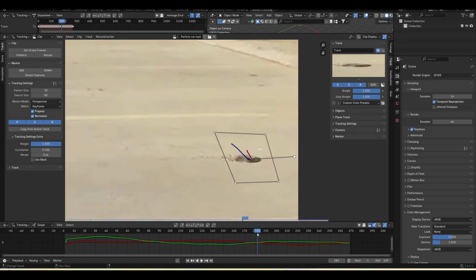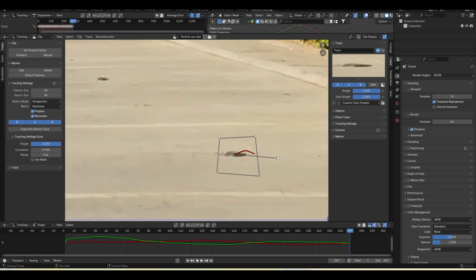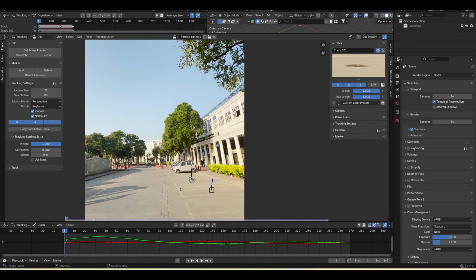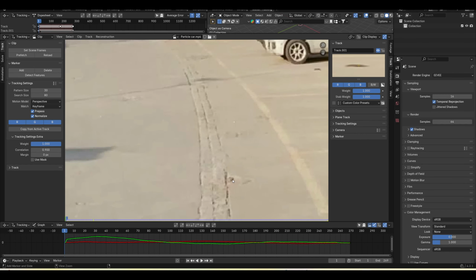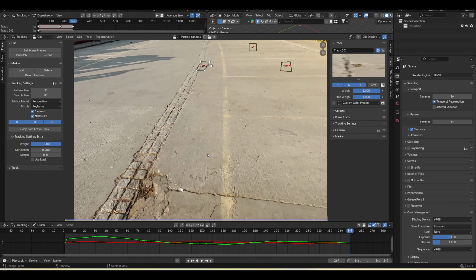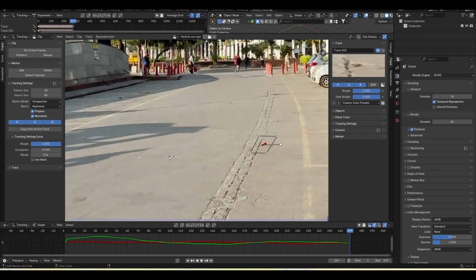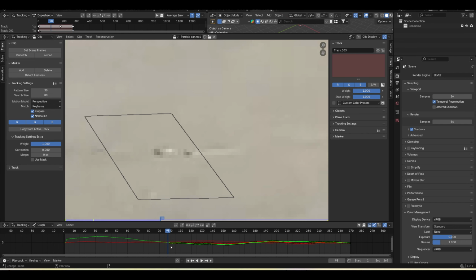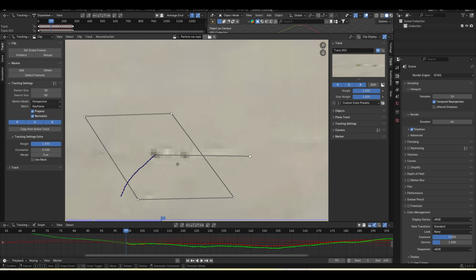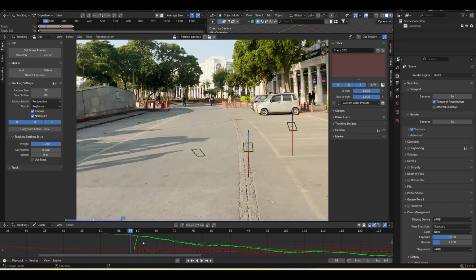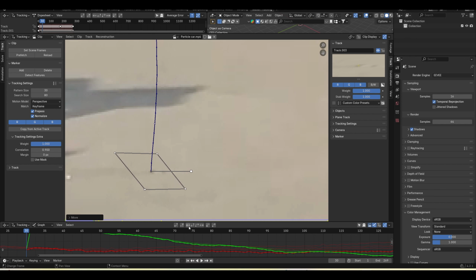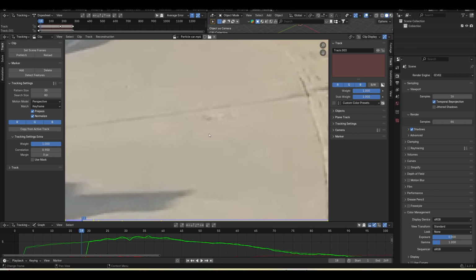So you can see this is really nice. I'll go to the end and I will find one more here and just click tracking backward and done. Let's do one more over here and tracking forward. I like this one as well, and let's track backward. Here it stopped, so I will go one frame backward and press G and just adjust this and do it one more time. Again it stopped here,